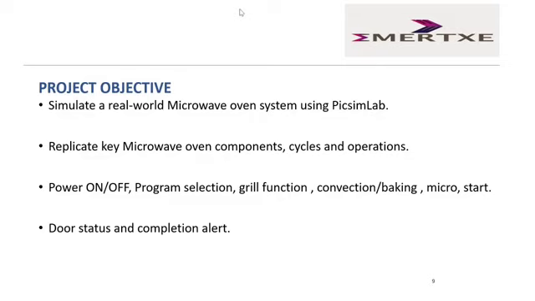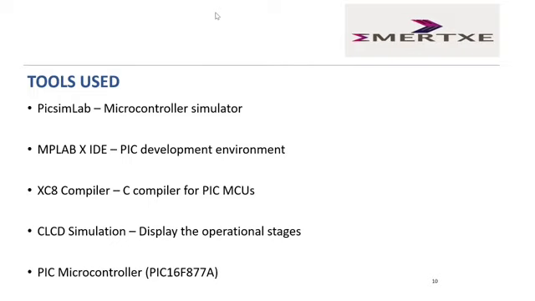These are all the functions we covered in the project, and the last ones are door status and completion alert. That's it about the project objective. And these are the software tools we used in this project. Coming to the next slide,